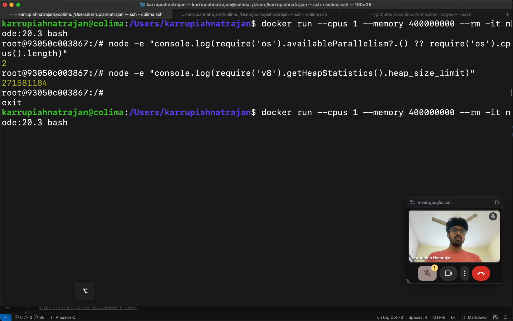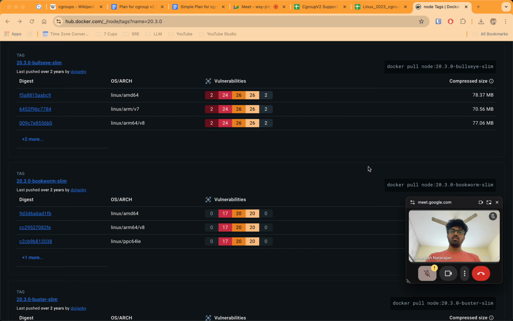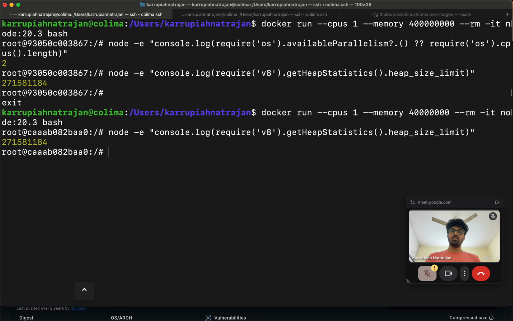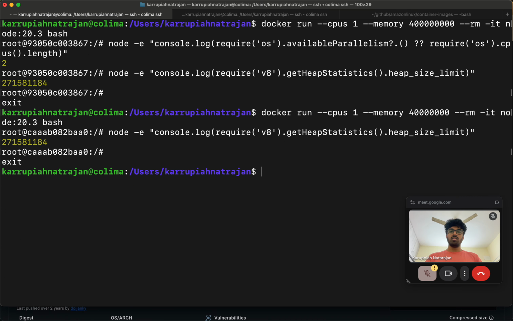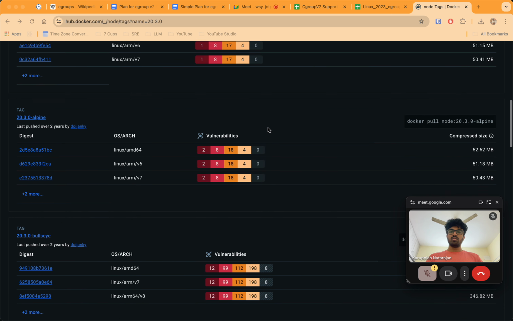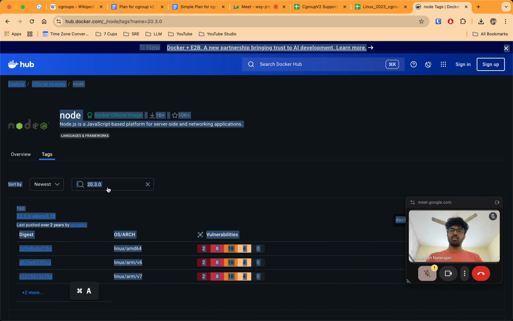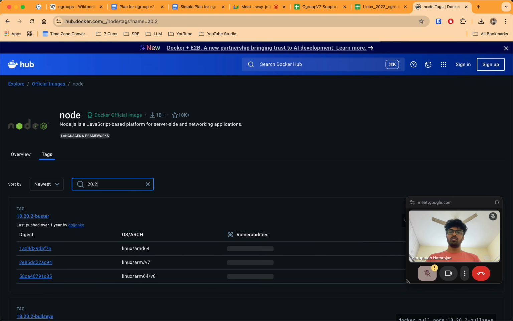Can I just take 10 off and just see what happens? It's still the same. Need to understand what that means and if it really makes sense. What about an older version? Say 19 or something. 20.2 or something. And 20.3 doesn't work. 20.4?